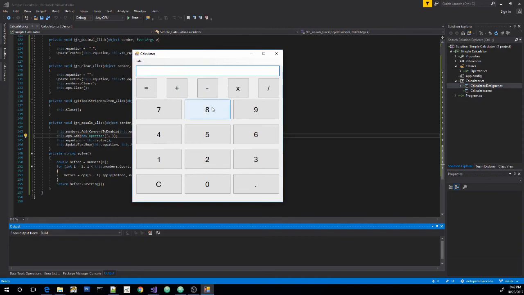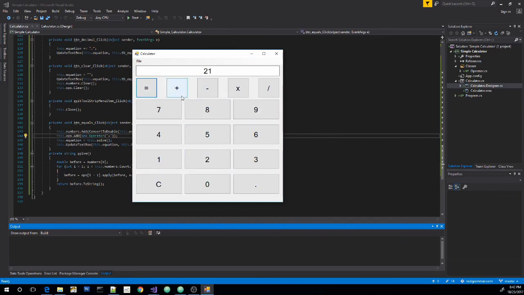So let's go ahead and run our application, and everything should work now. So 5 times 2 plus 20 divided by 3, 10. Okay, let's try the decimal. So 10, oh, there's a bug already, but that's okay. 10.5 times 2,